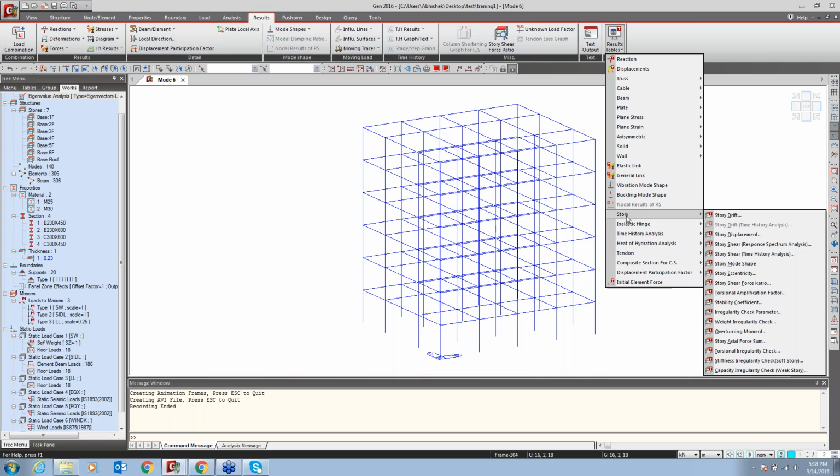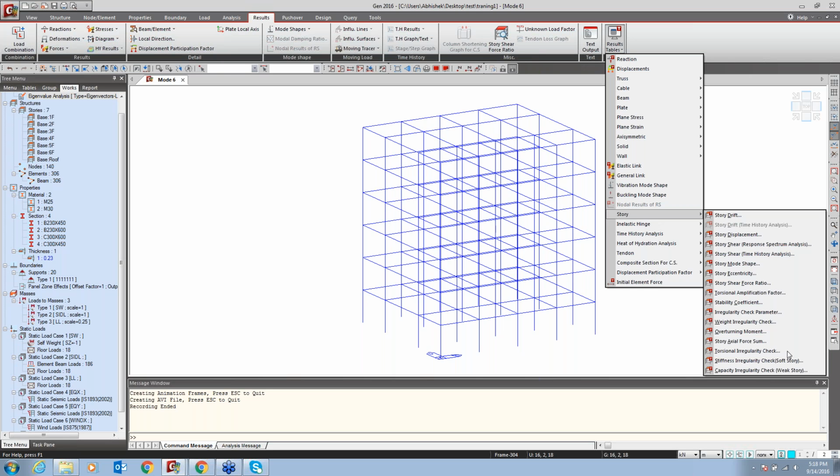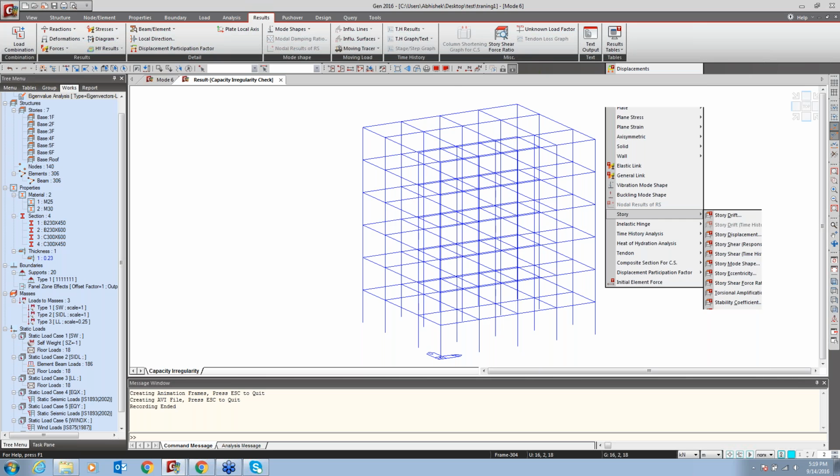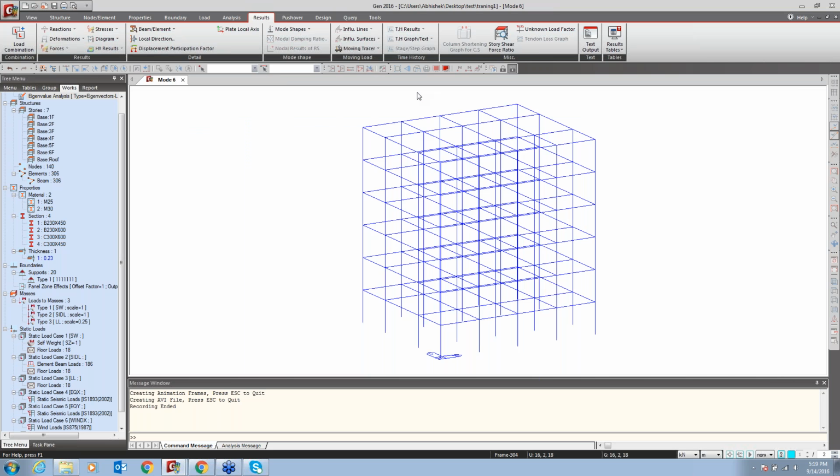See, in the story we have this option, stop story and weak story. If I click on the weak story, the program will identify, see this is regular. So here instead of regular, the program will tell you that it is the weak story. Yes, soft story check, weak story check, direct checks are available. If you see